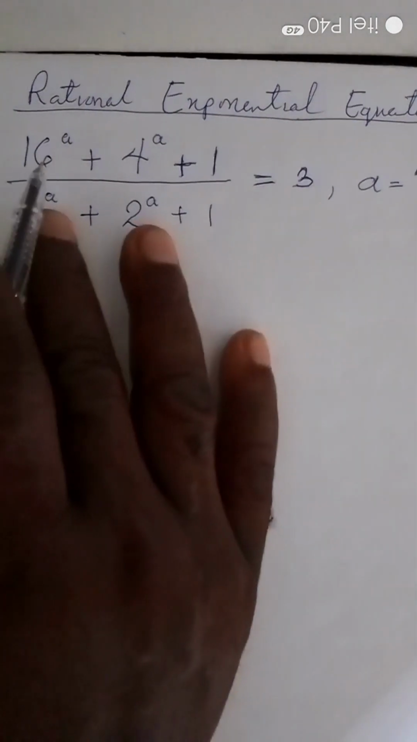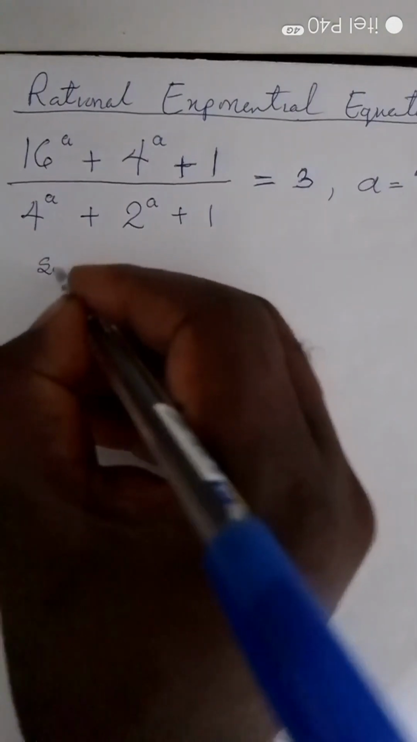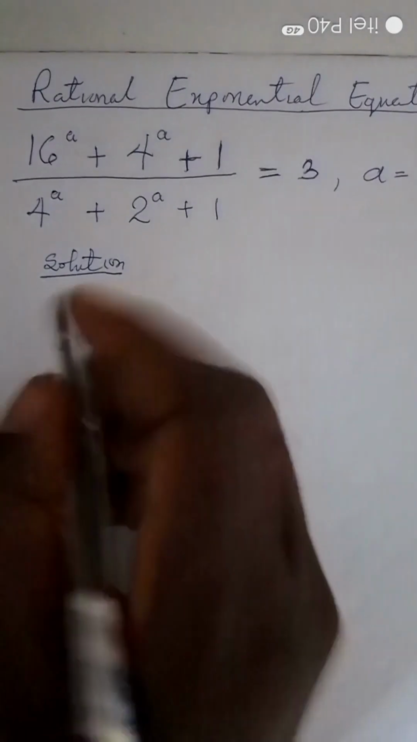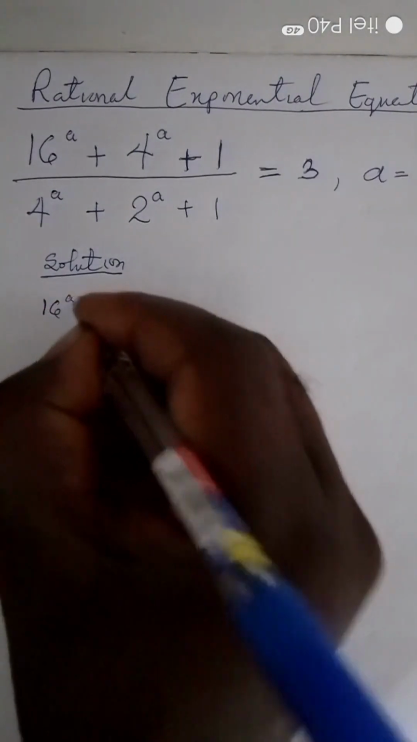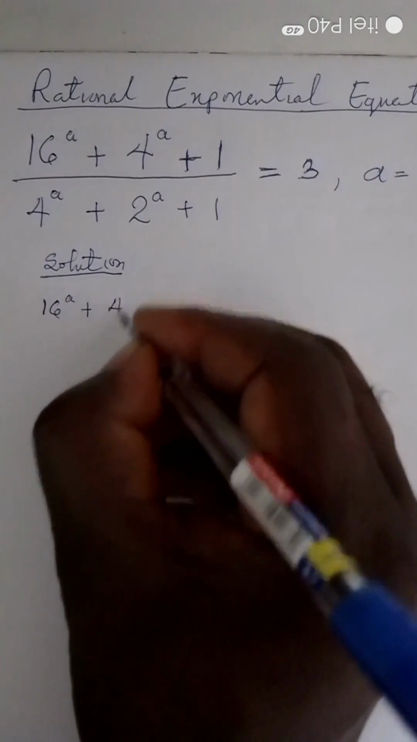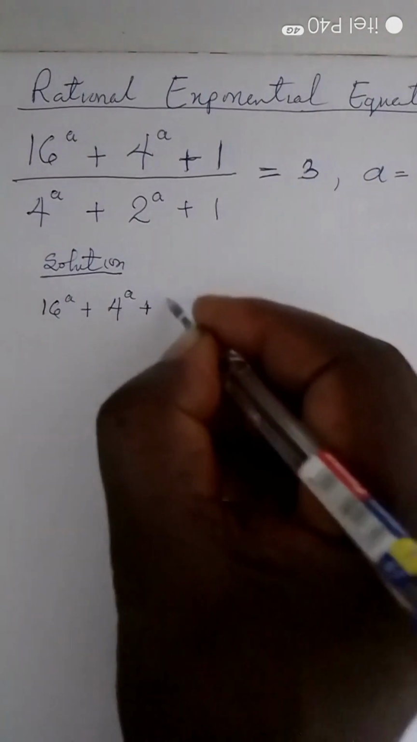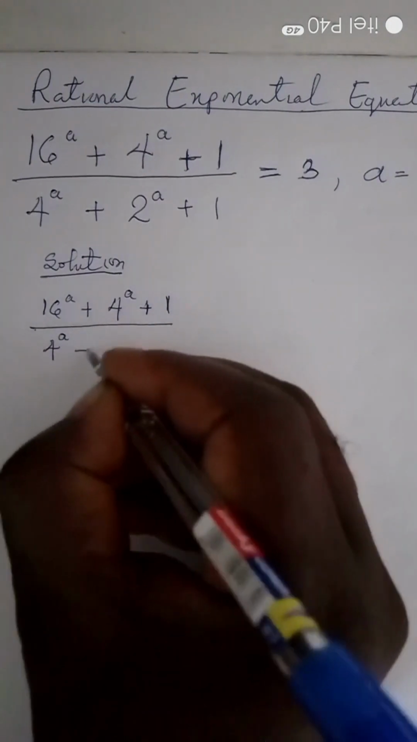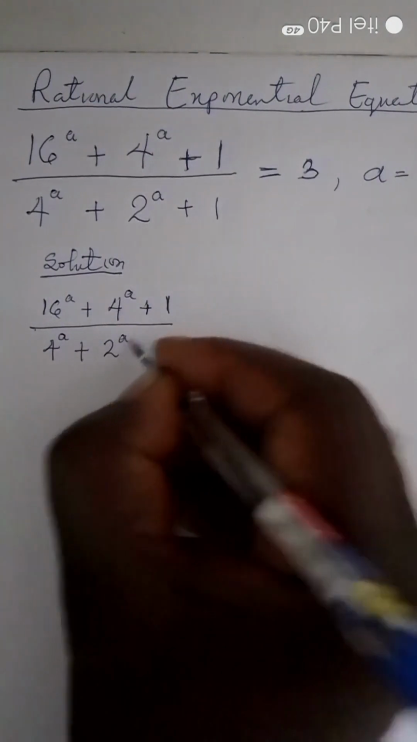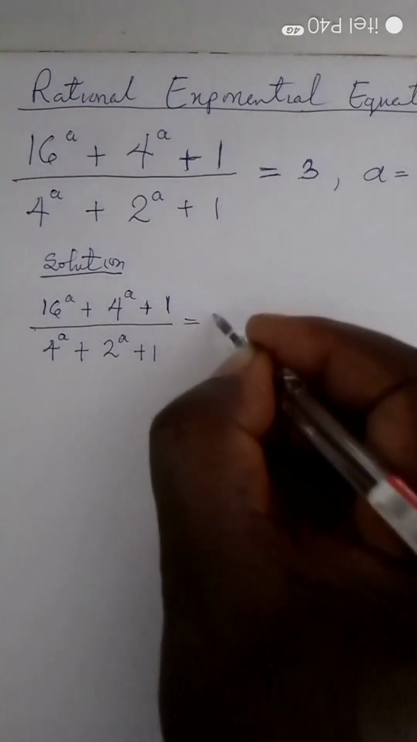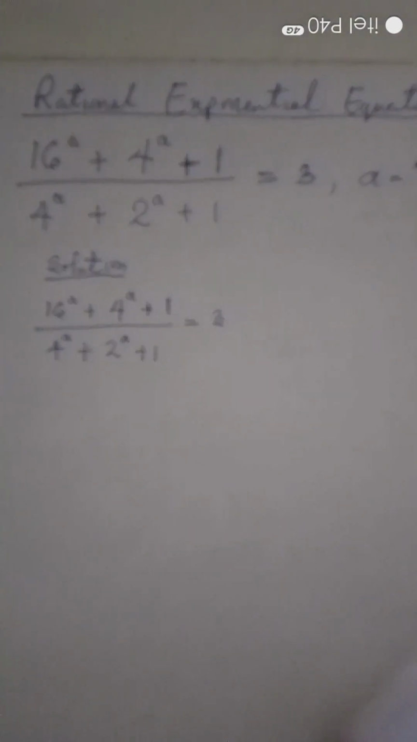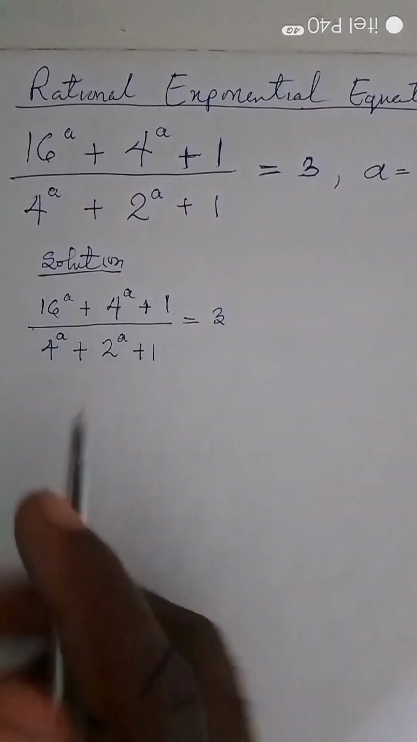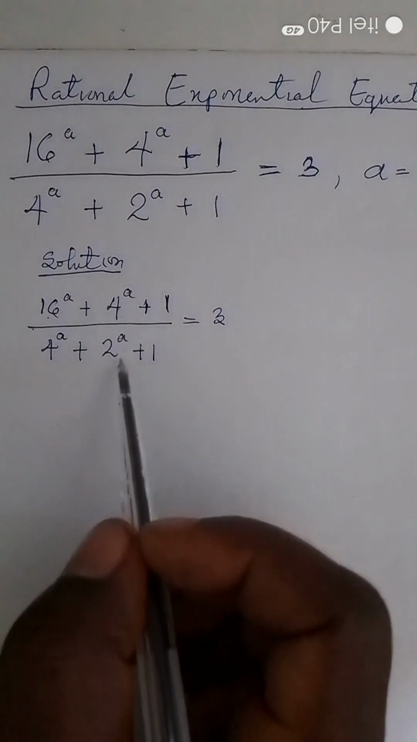So first we write down our solution, and then we have the question: 16 to the power of a plus 4 to the power of a plus 1 divided by 4 to the power of a plus 2 to the power of a plus 1 equal to 3. So what I'm going to do is to look at the left hand side and then consider the terms